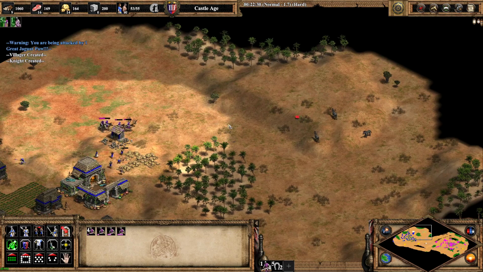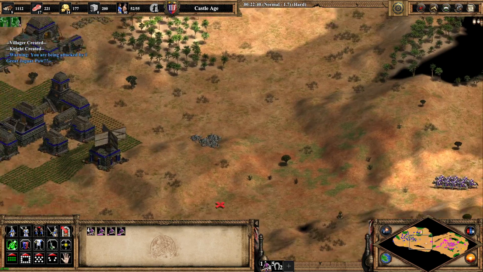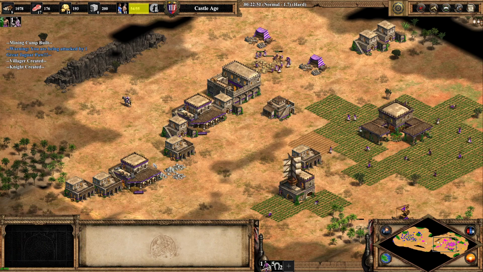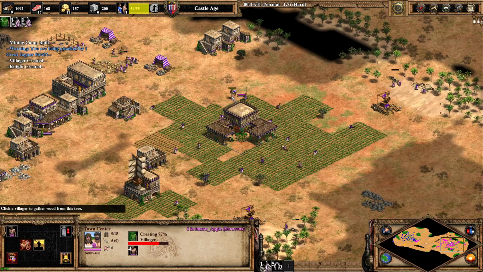Okay, so we're still just running in circles with our scouts. Now, we could have attacked with our knights a while ago, but we really don't need to. But we could attack with our knights now. So we'll run in with our knights. Maybe run in when you have more like 4 or 5 knights. Oh shit, I need a house. Run in when you have maybe a few less knights than this. You can run in, but